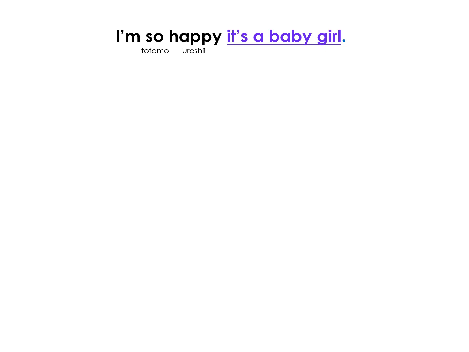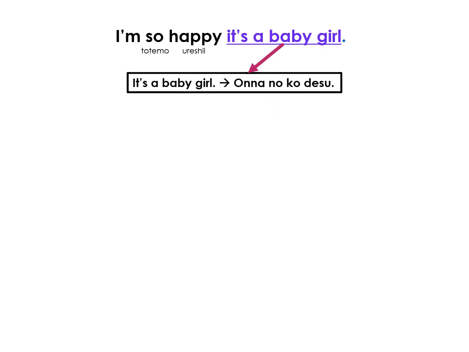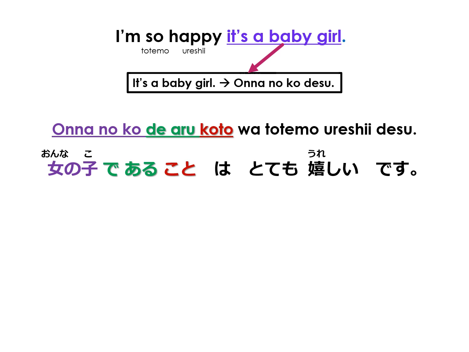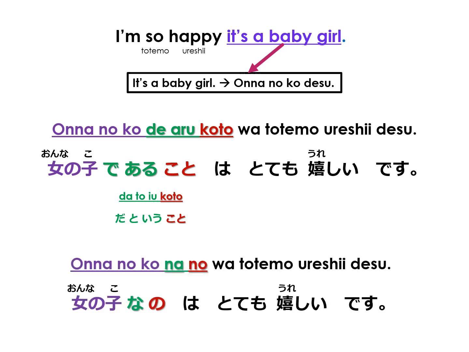The sentence, "I'm so happy it's a baby girl." "It's a baby girl" is a noun clause, because in Japanese that would be onna noko desu. Nominalizing using koto, that would be 女の子であることはとても嬉しいです。And using the other style, 女の子だということはとても嬉しいです。And using no, that becomes 女の子なのはとても嬉しいです。